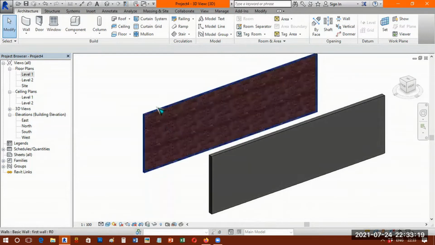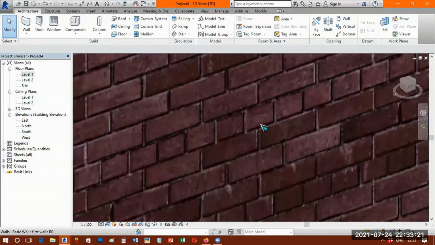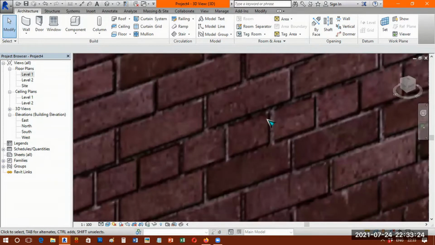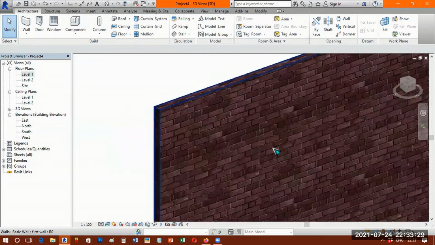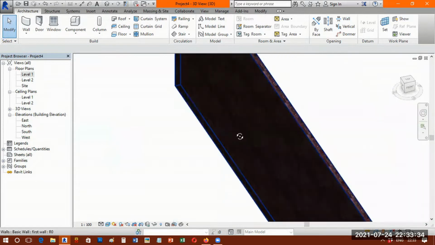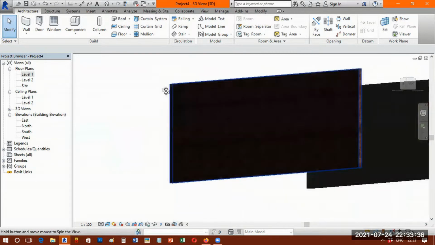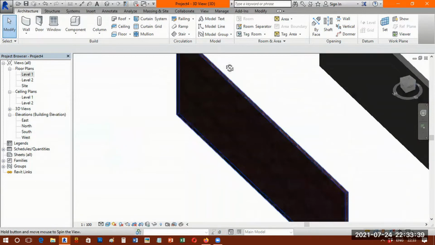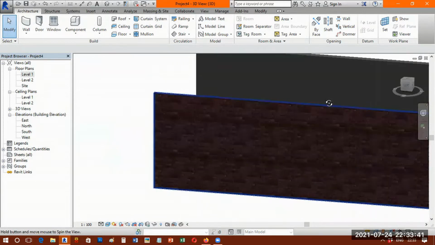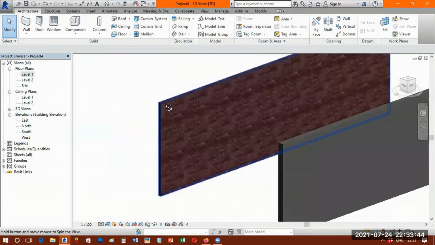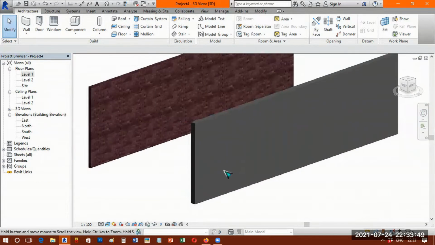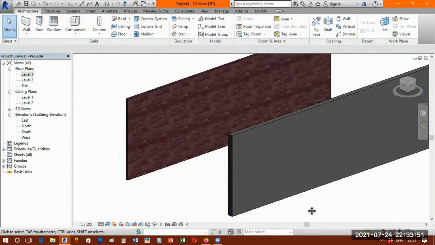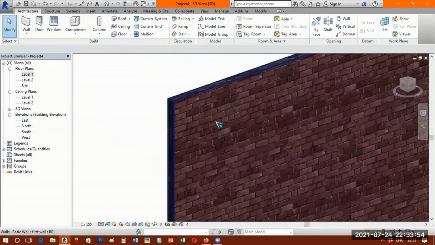Done. When I zoom in on this, you can see the brick pattern applied for this single wall. But the thing is, the pattern is very small in size, which I can resize, and also the pattern is applied all over the wall. Left side, right side, top side, bottom side, front side, back side. All 6 faces are applied. Suppose you want a different material for different faces, I'll teach you that in a few moments. Now first, before that, how to resize this, we'll see.